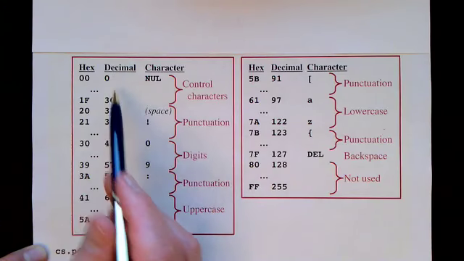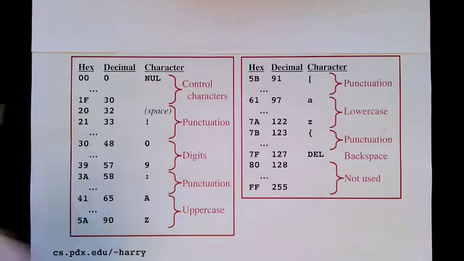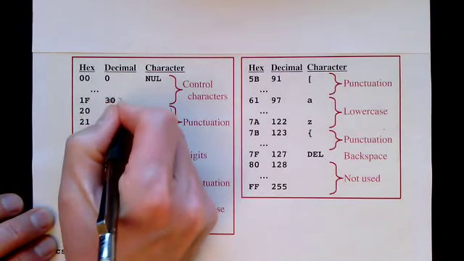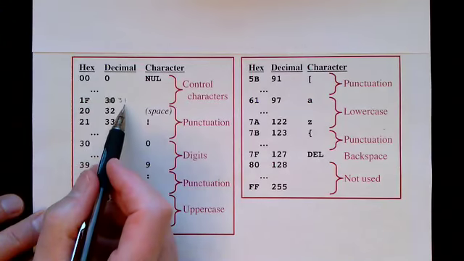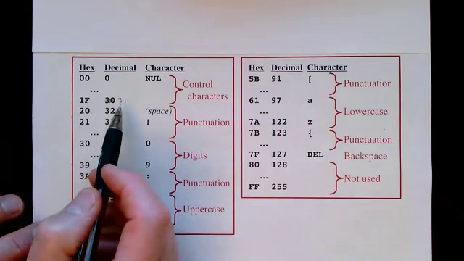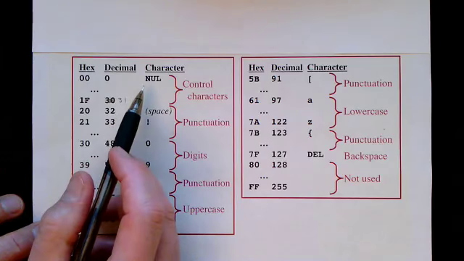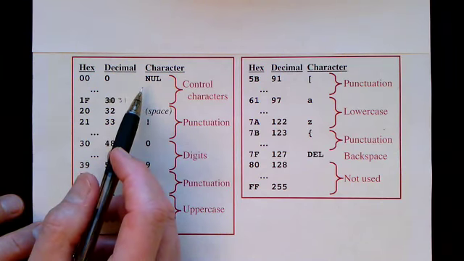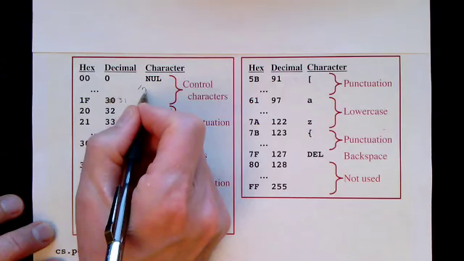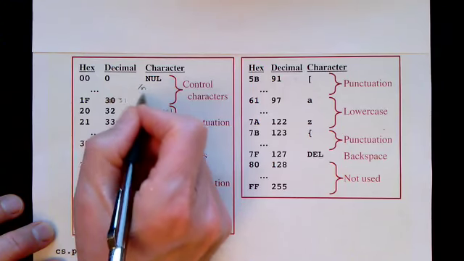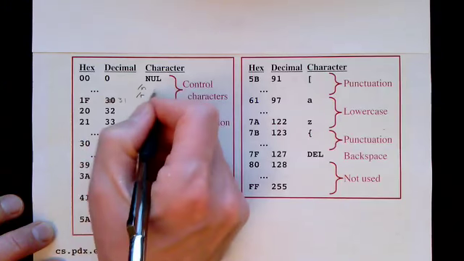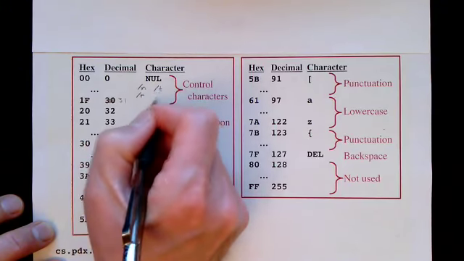The first, this is a mistake. This should say 31 here. The first 32 characters, from 0 to 31, or from 00 to 1F in hex, are control characters. There are a few control characters of interest. Most of these are obsolete, but in particular, there's one for new line, which is typically represented as a \n. There's also one for the return character, \r, and there's the tab character, \t, and